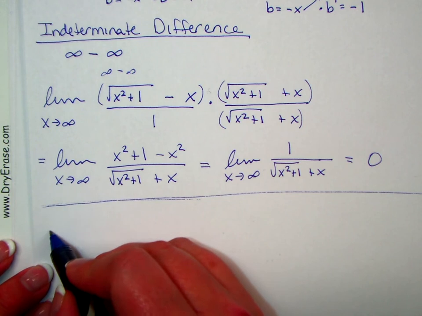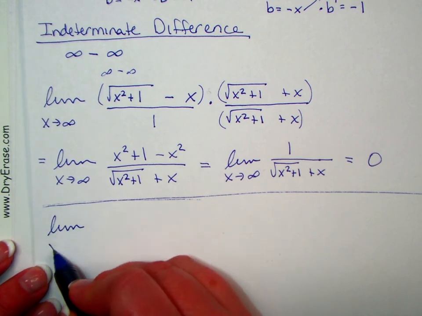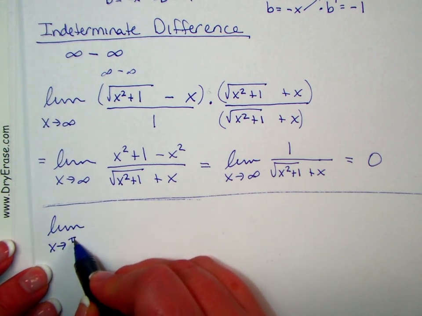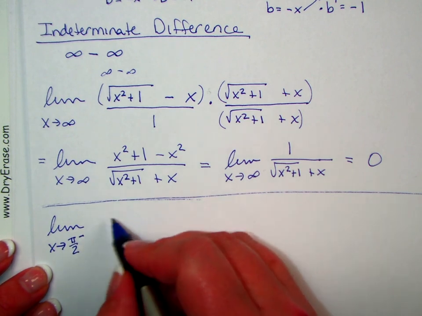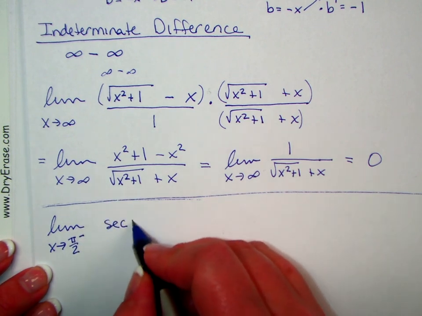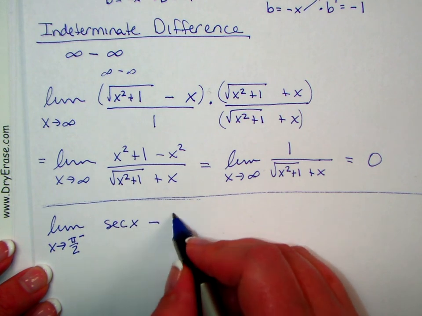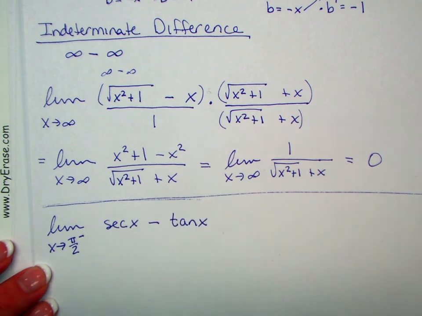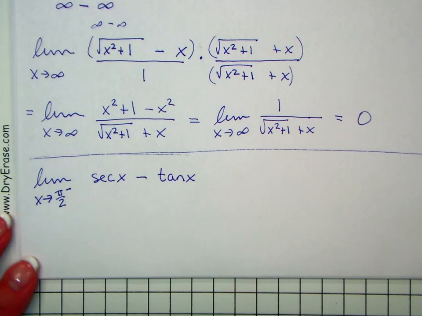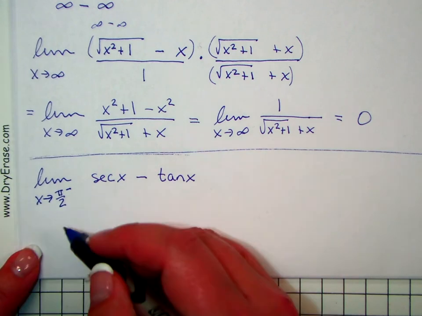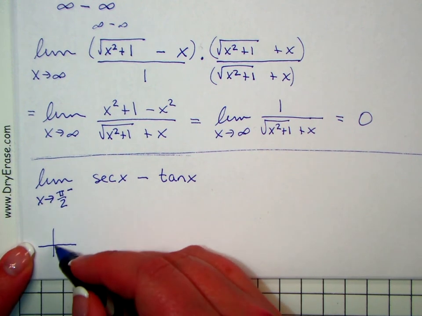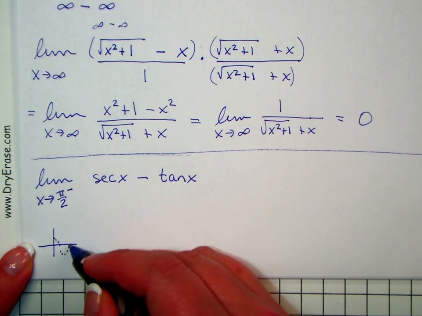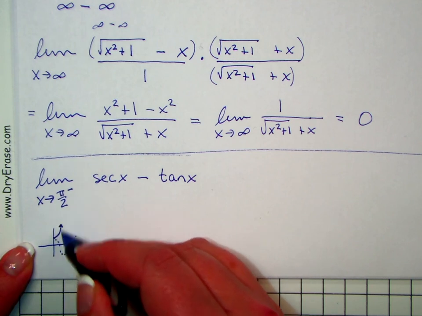For this indeterminate difference, let's look at the limit as x approaches pi over 2 on the negative side of secant x minus tan x. All right, so on this one, I am going to look at the graphs here. Secant is the reciprocal of cosine, right? So the secant graph